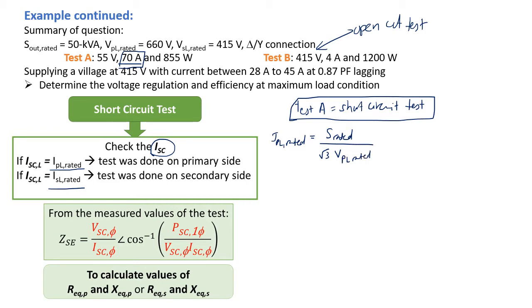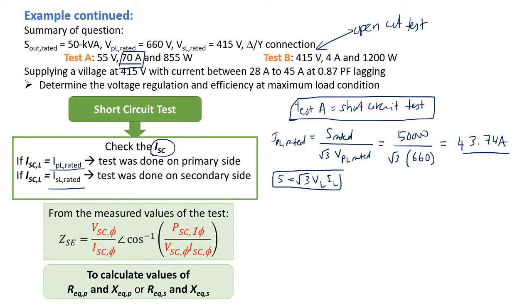This is because, if you remember, S is equal to square root of 3 V line, I line. So we rearrange to get the I line. So IP line rated is equal to the apparent power rated divided by square root of 3 VP line rated. And we substitute the value for S rated, which is 50,000, and VP line rated of 660. This gives us a rated primary line current of